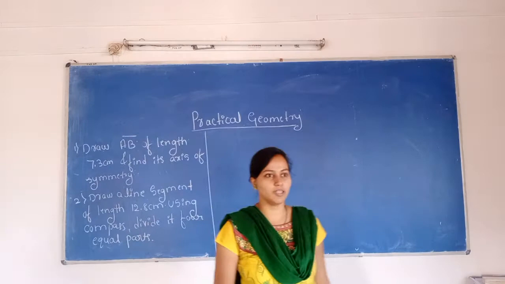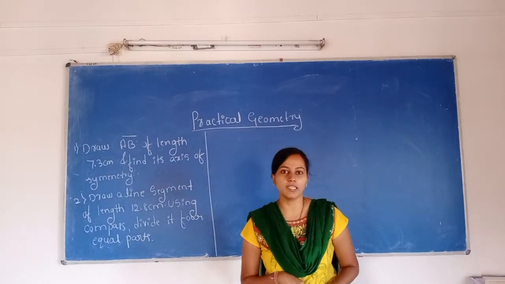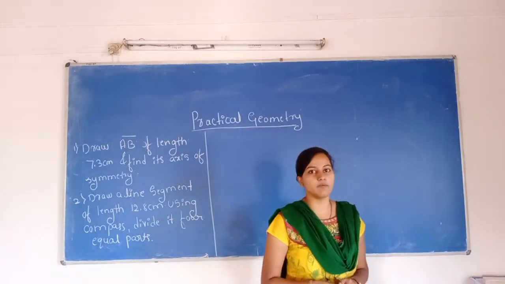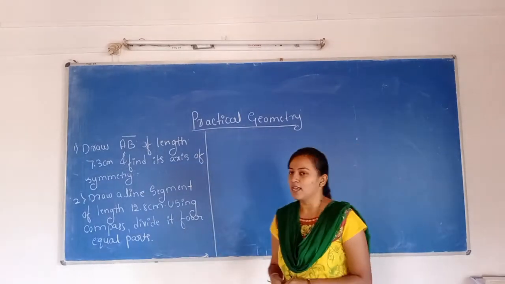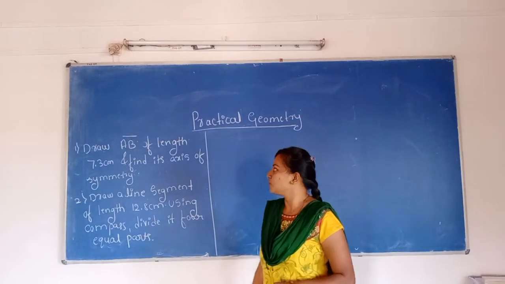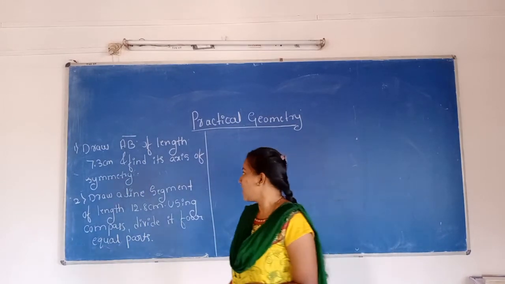Good morning students. In the previous class we already started the chapter practical geometry. In this chapter we already discussed some examples. Today also we are discussing a few examples related to practical geometry. Let us start with the first example: draw AB line segment of length 7.3 centimeters and find its